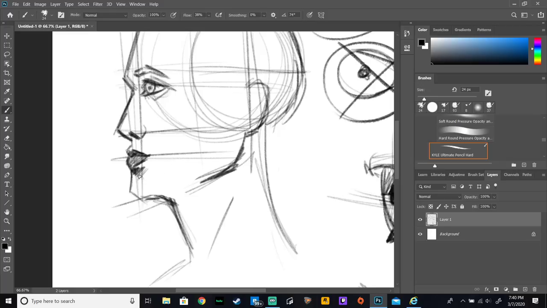For shading, I learned this from Jim Lee, so you can actually check out his channel. He has a really good grasp on how to shade things. So you've got this kind of area shaded in. You can shade in